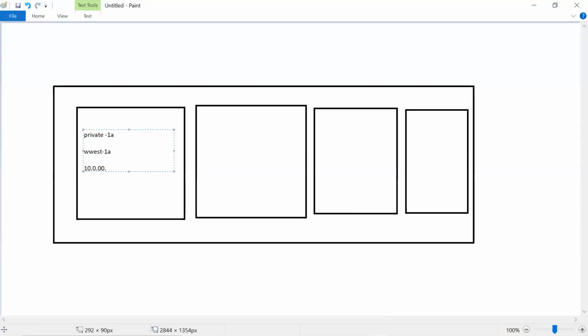I'll explain to you the IP ranges, what is the explanation for that, and how the number of IP addresses will be provisioned. 1A, we'll keep this as a private. Private means it's not accessible from the open internet. 1C, we'll keep it as West 1C, and this will go up till 16 and 28. This one is 28.